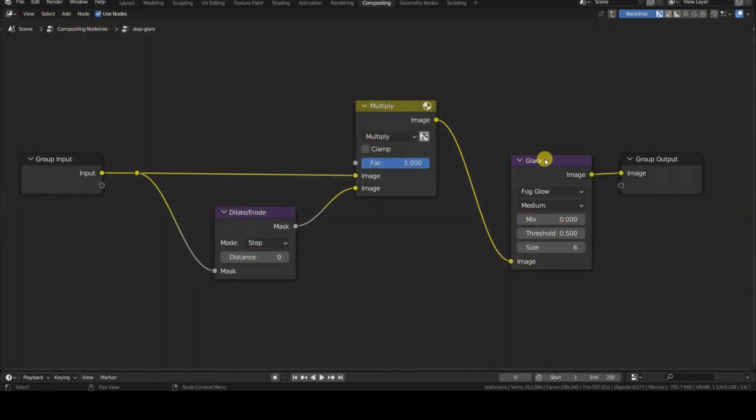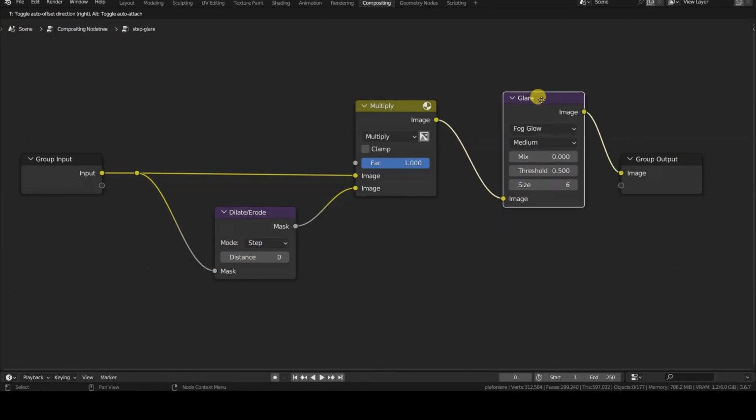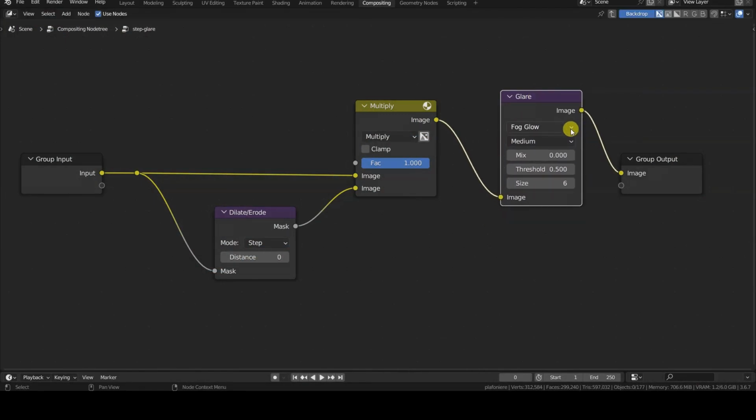In the glare node, it's necessary to lower the threshold value, experimenting until you achieve the desired result. The node applies the glow effects only to portions of the image where the brightness is greater than the threshold value, but by default this value is set to 1, which means that the effect is not applied. To achieve the final rendering shown in this tutorial, I lowered the value of the threshold field to 0.5.